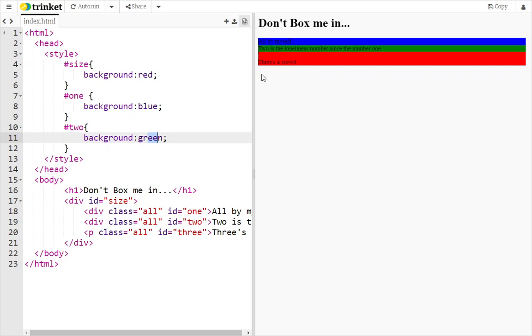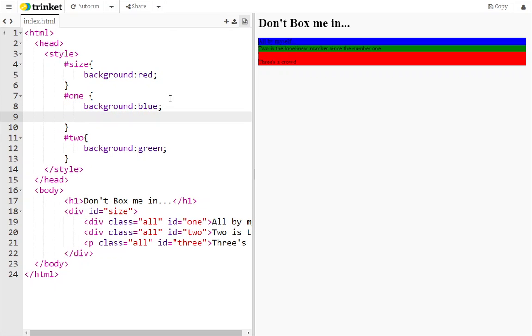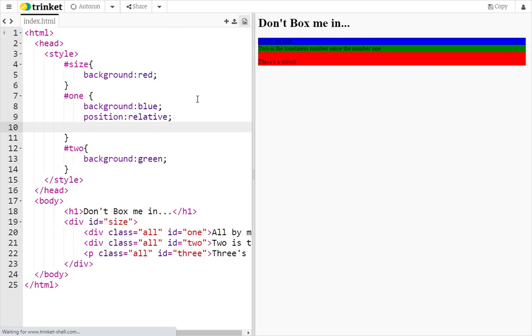So why I do this is because let's watch the blue move, right? And let you know, so hey, I'm working on blue, we're on 1. 1 doesn't always necessarily mean something to you, but blue you can see real quickly. So position, and let's do the relative first. I don't use that too much, but again, relative to where it should be. So that corner, look at this corner, that's where it should be. If I do top 10px,